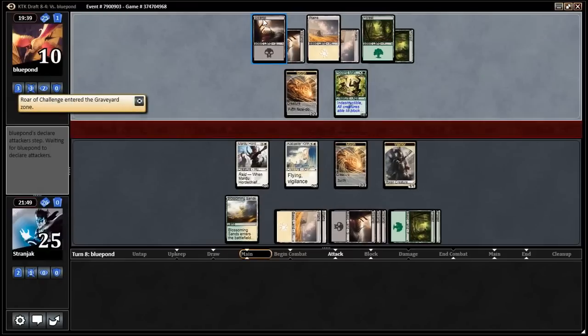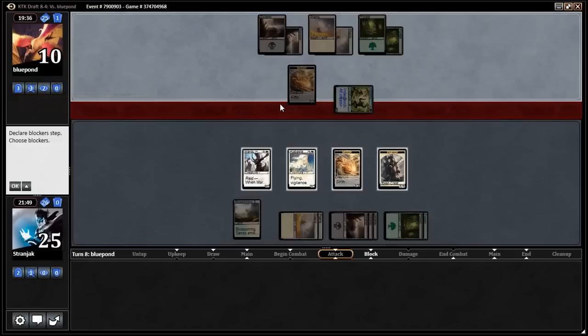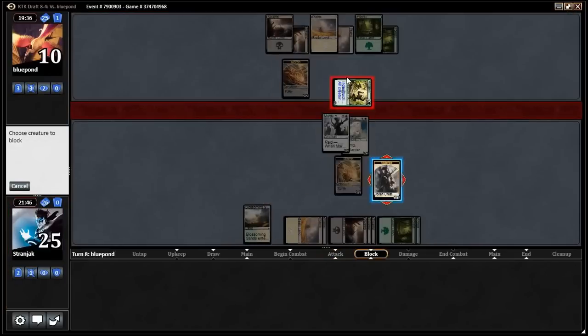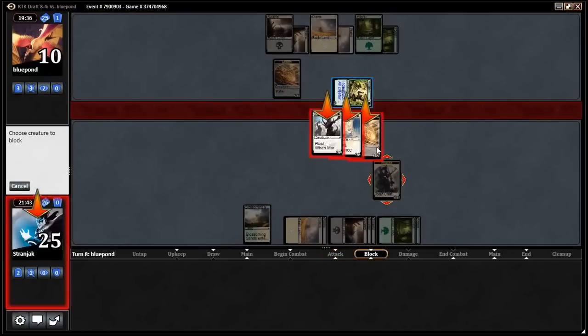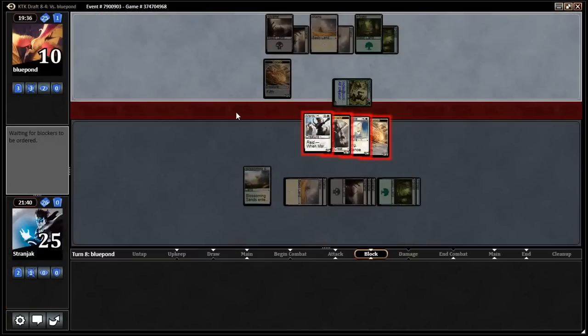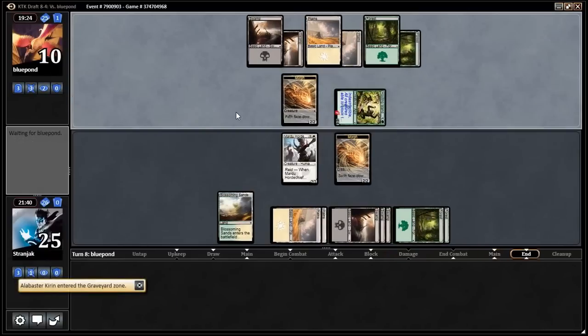Everything must block that. And it's indestructible. That's pretty bad. He gets to eat some stuff, although not a whole ton of stuff, to be honest. But presumably the Kiran. And probably the warrior token or whatever. Yeah. So as far as world challenges go, that wasn't the worst. He did get to keep his Mandrills, which sucks, but...